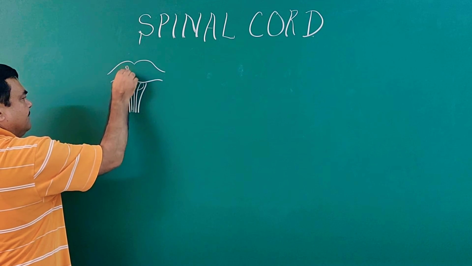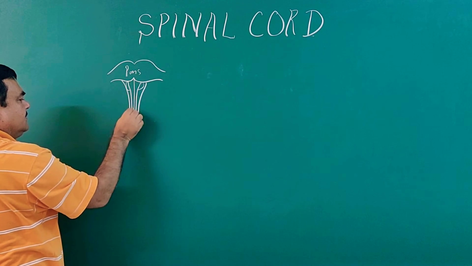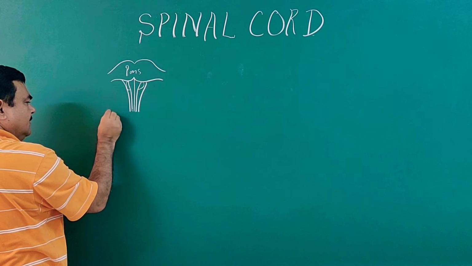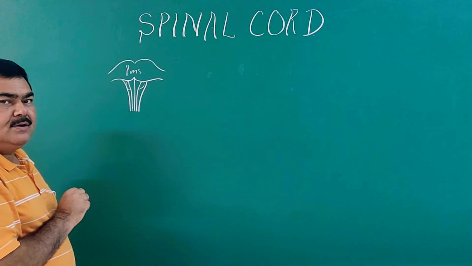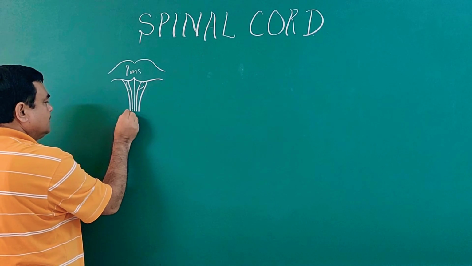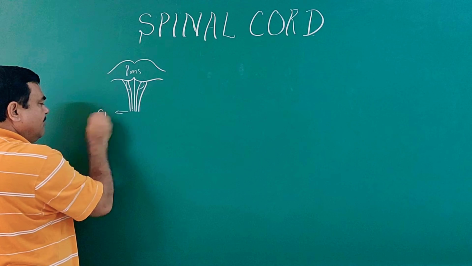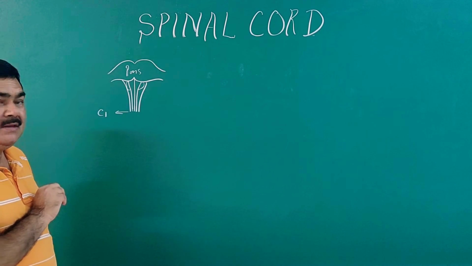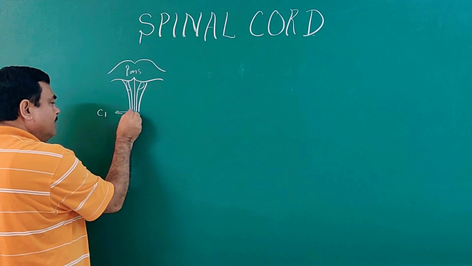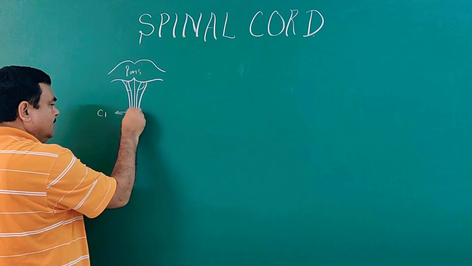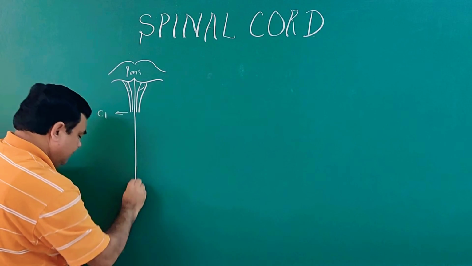So this part is the pons, this is the medulla oblongata, and here this is at the level of the upper border of the C1 vertebra, the upper border of the posterior arch of the C1 vertebra. So from here